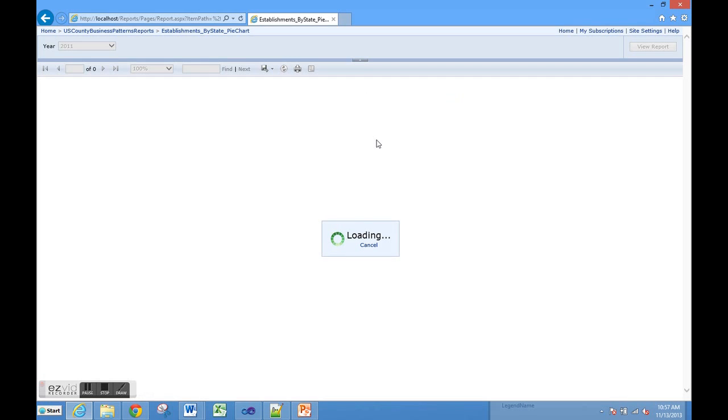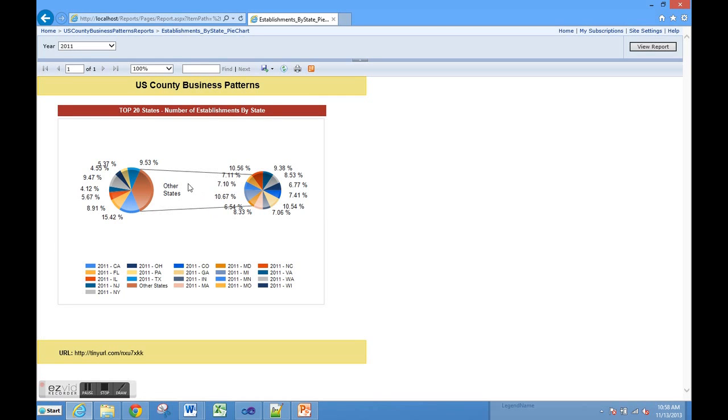Let's go to US County Business Reports and then establishments by state pie chart, and we are looking for the data for the year 2011, and the report will come back in a few seconds. Running. Yeah, we got it. Okay, here we have the top 20 states, and this is California. It is occupying